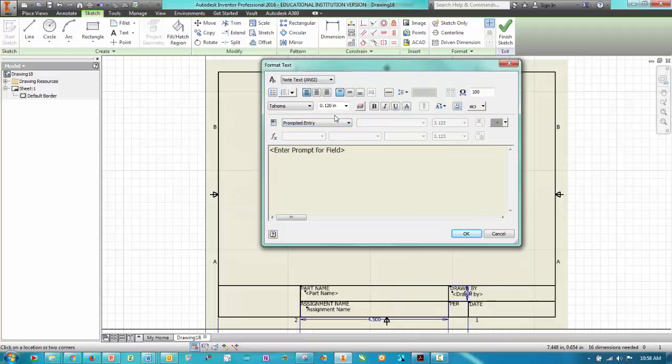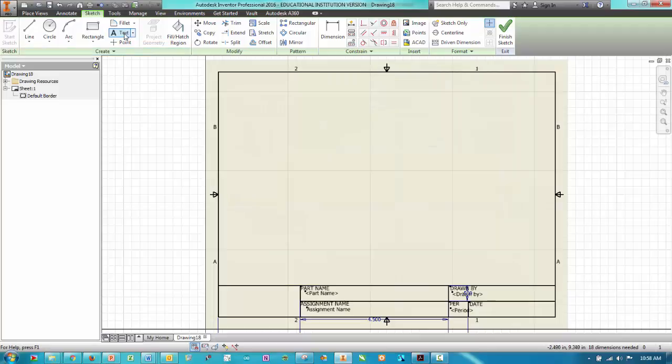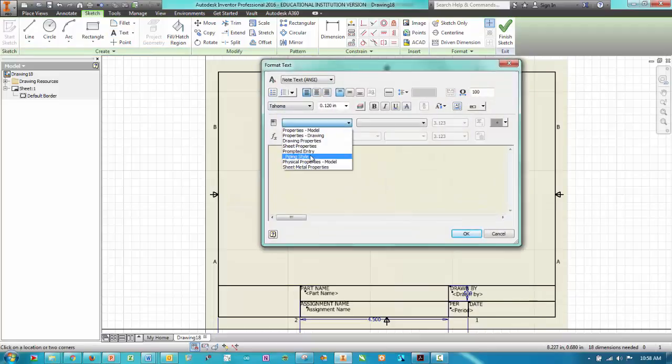This is going to be period. One more time for the date. Prompted entry,